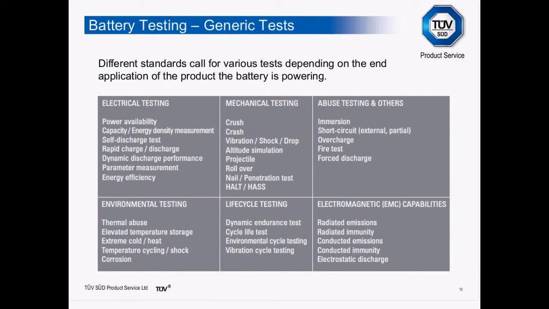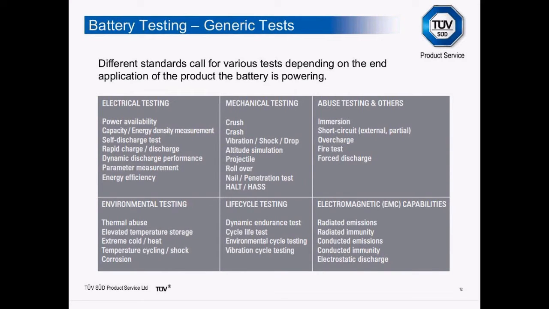A lot of the tests in the standard are similar, with maybe minor variations such as the length of the test or the temperature at which the test is performed. Some of the common tests that you will find in battery test standards for safety are short circuit, abnormal charging, discharging, and vibration testing. Some standards, however, have particular tests that are not so common, such as, for example,